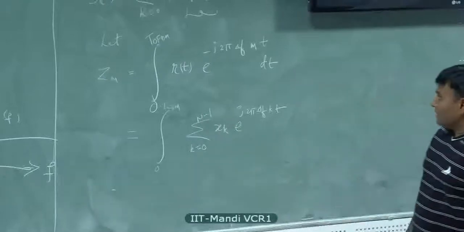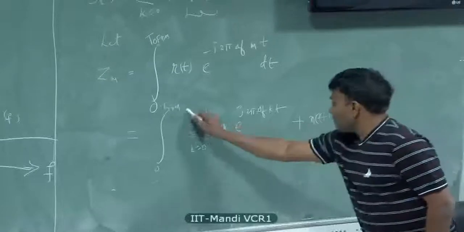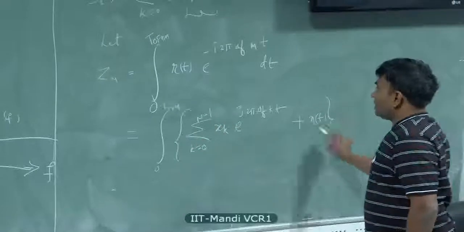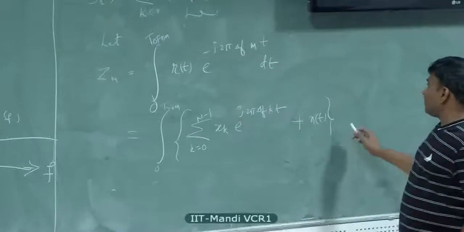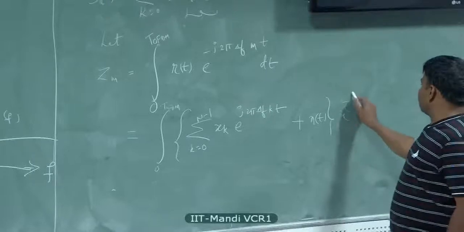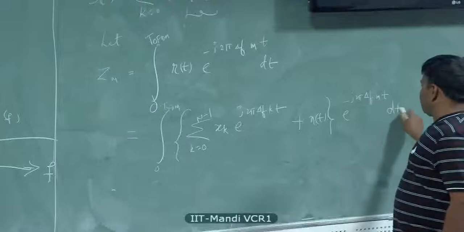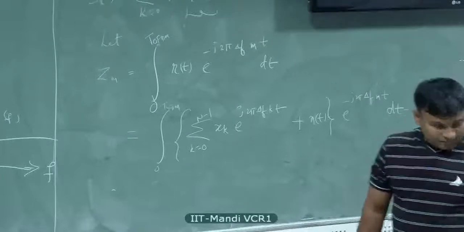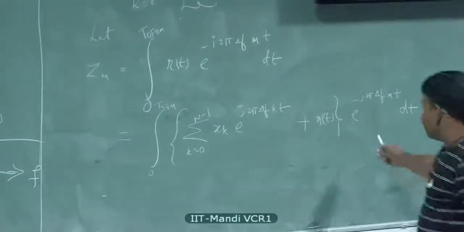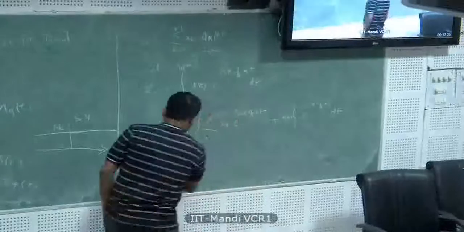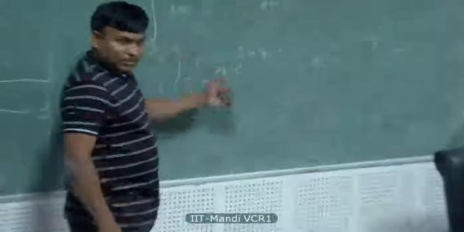This is our S of t plus N of t and the whole thing multiplied with the complex exponential e to the power of minus j 2 pi delta f mt dt. We'll bring the complex exponential inside and make certain manipulations. We'll take this integral inside, summation out,